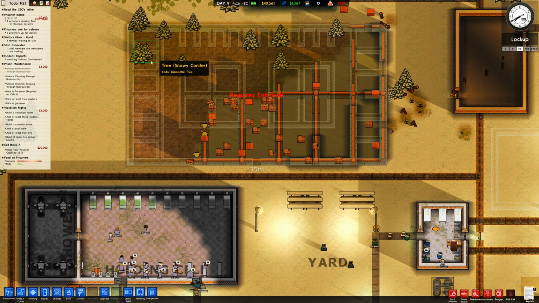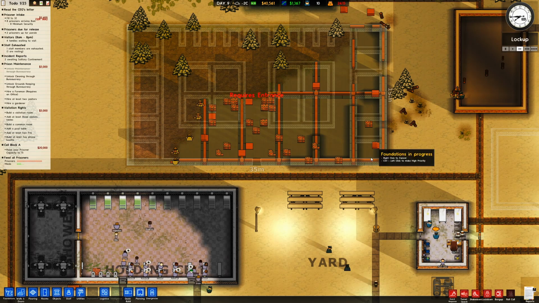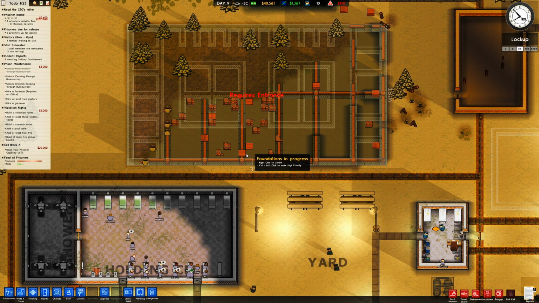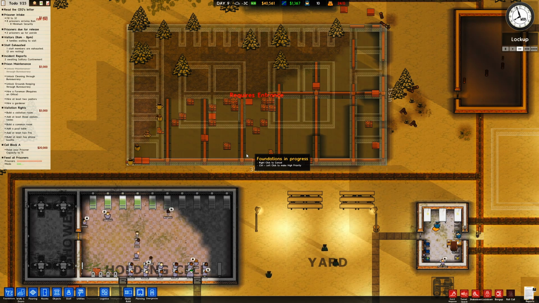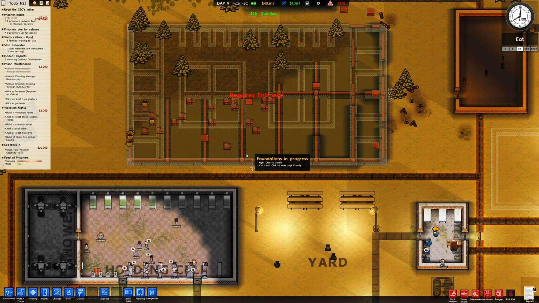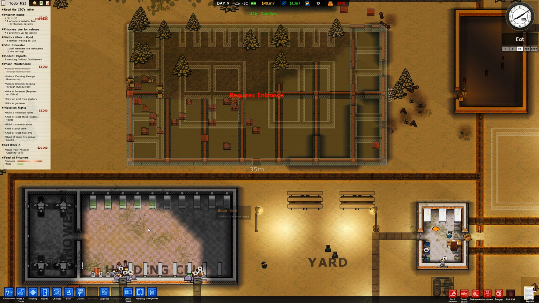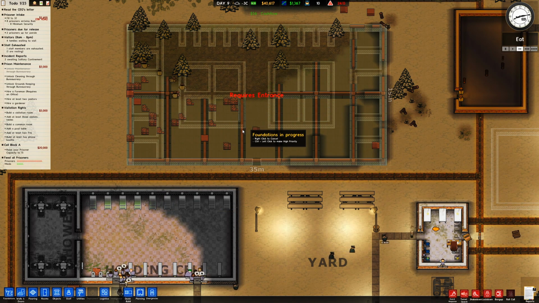1, 2, 3, 4, 5, 6, 12... And then, yeah, so 20 people in this area. That's not bad. That's pretty good. I'm kind of happy with that. We'll still have some people laying about in the holding cells, but at least this gets us a good head